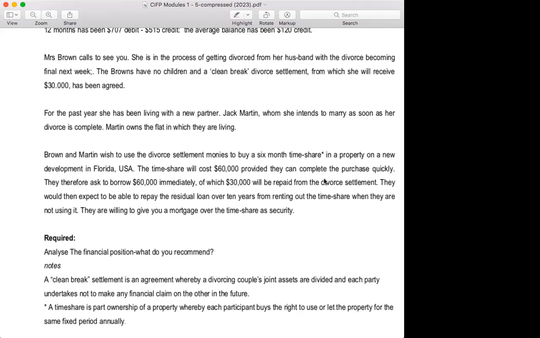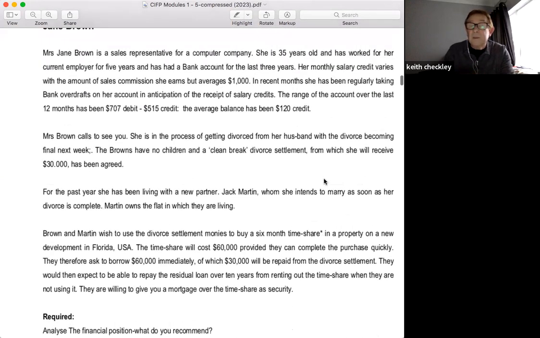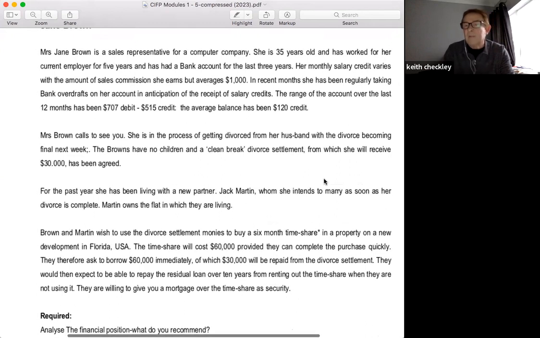And I would probably recommend her, I would try to coach her against doing something like this. Because if you're just coming into all of this amount of money, you would want to invest it in something else. Yes, so that's very good. So there's two strong messages coming out there. One, as a starting point with her, would be to encourage her to provide us with the information that we would want to go through that budget planner document again. So we can, as a starting point, say, well, let's just take a look at what's happening with your existing situation, before we talk about any possible investment, whether it's a timeshare or whatever.